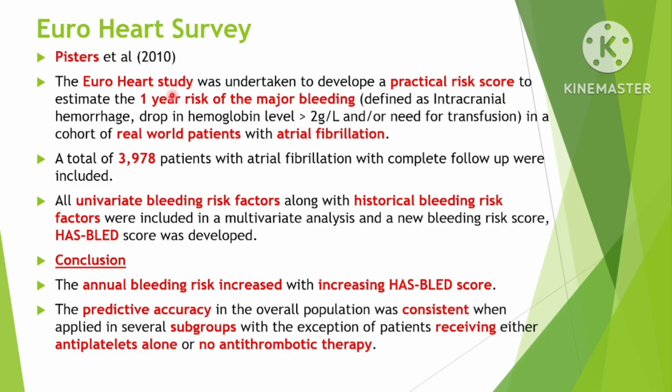The EuroHeart study was undertaken by Pisters et al. in 2010 to develop a practical risk score to estimate the one-year risk of major bleeding in a real-world population with atrial fibrillation. Over 3,900 patients with atrial fibrillation with complete follow-up were included in this study, and all univariate bleeding risk factors along with historical bleeding risk factors were included in a multivariate analysis, and a new bleeding risk score,